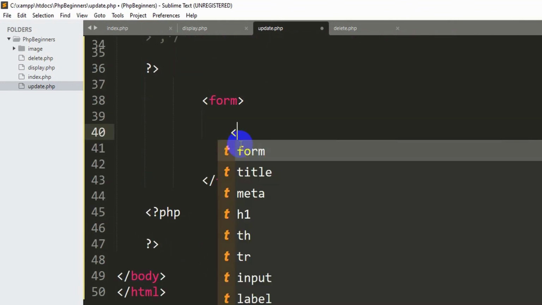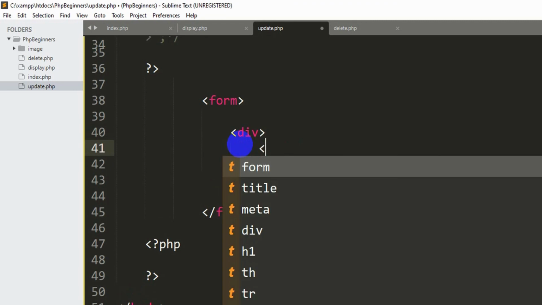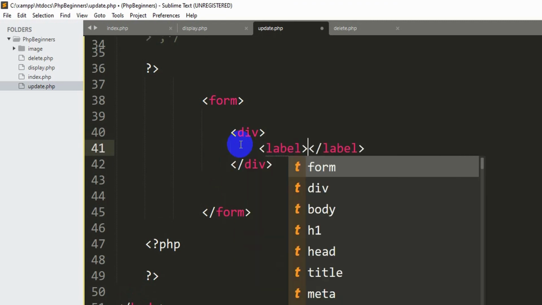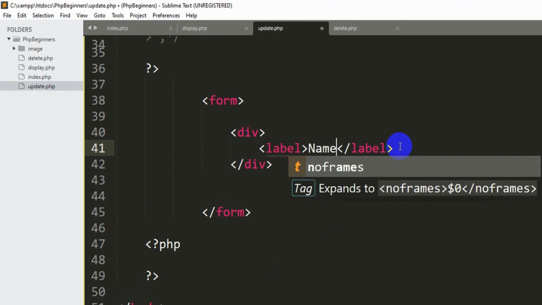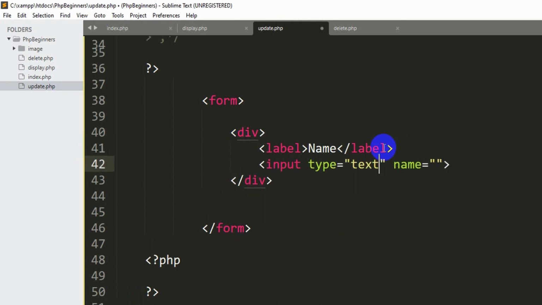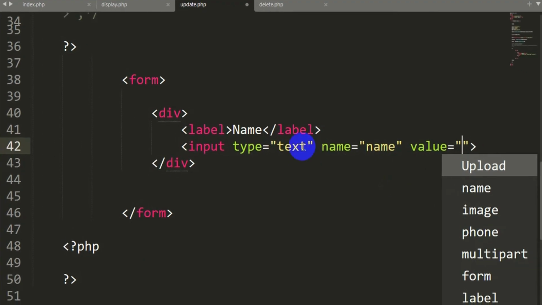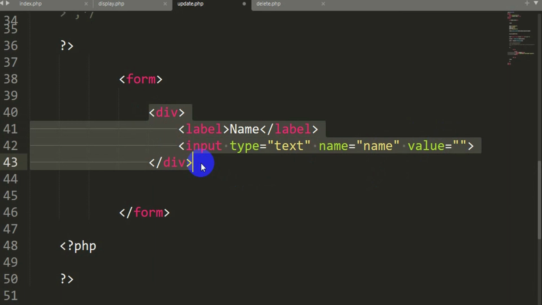field. So let me just declare a div over here, and inside this div we'll have our label. Let's say label is equal to, let's say over here, name, and we require an input field. So we'll say input type will be text, and name is equal to, let's say, name, and here we also require value because, okay, we'll write the value code a little bit later. Let me just create the basic structure.